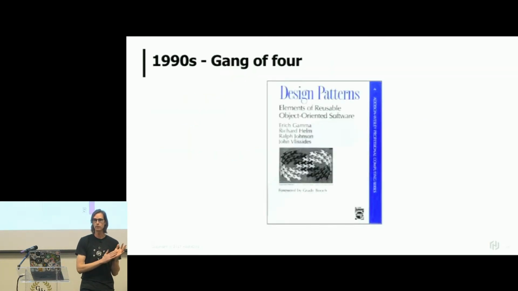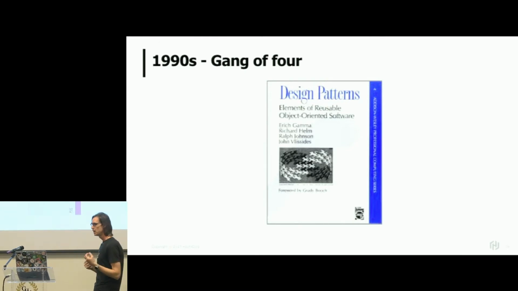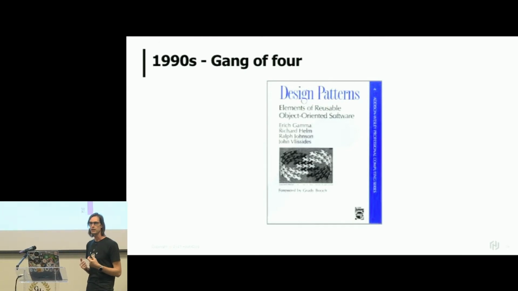And of course, the Gang of Four book. This book still holds weight today. I mean, the patterns that were set out in here are still very, very usable and applicable. But what they were trying to do was set out a way of commonality so that as an industry, we could work better. We could design software which was maintainable and understandable.